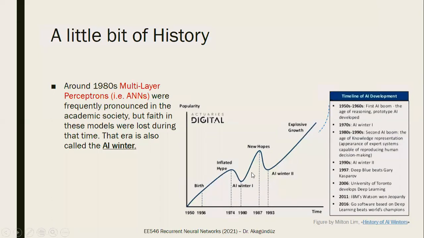Today, that era is called the AI winter 1, because we've got another one. Because people have lost faith in that kind of studies. Then by the end of the 80s, the studies started to emerge again. Then there was another winter in the 90s. Then after 2010 and after AlexNet, there was exponential growth.